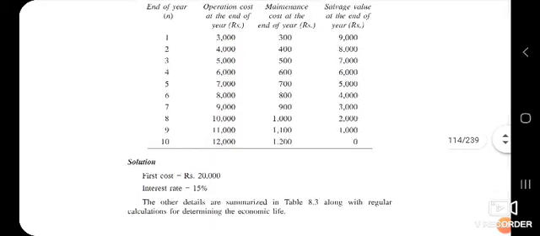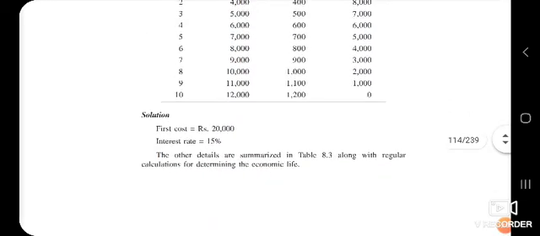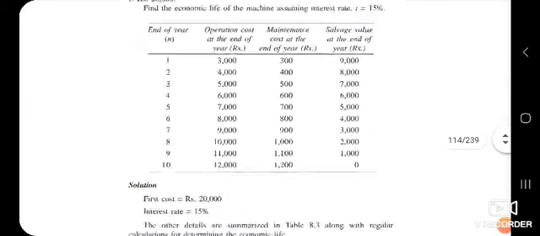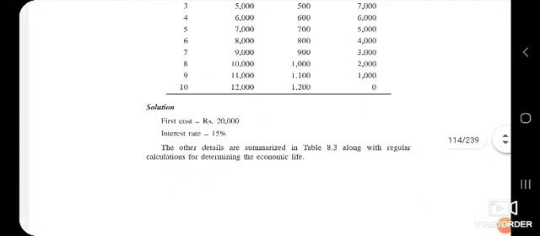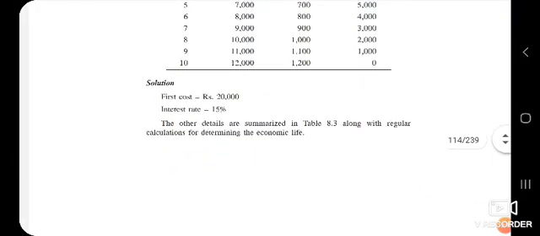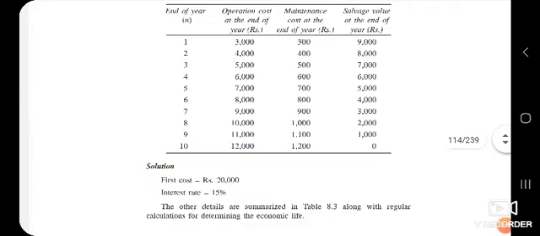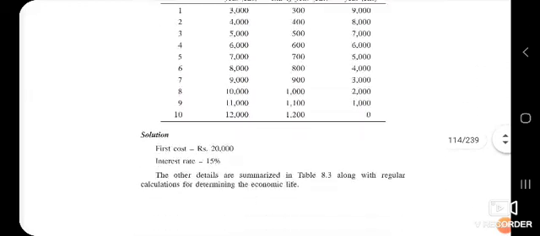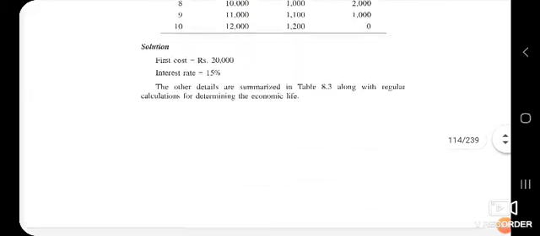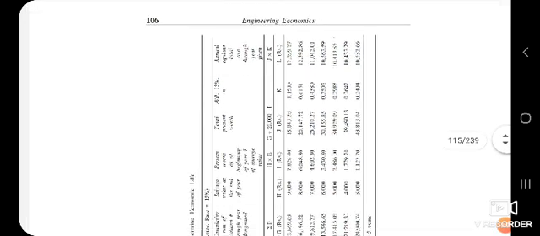Okay, so here the salvage value is given, so keep in mind what you're supposed to do whenever you get a salvage value. Okay, I hope you remember it. However, we'll see in the problem. And for the solution, we know the first cost, it's given as 20,000, and the rate of interest is also given as 15 percent. Okay, and now you can